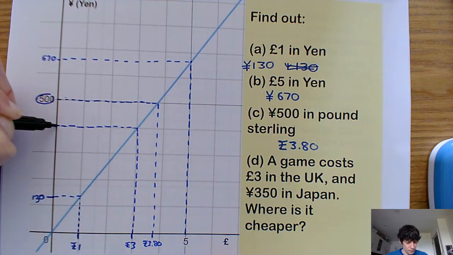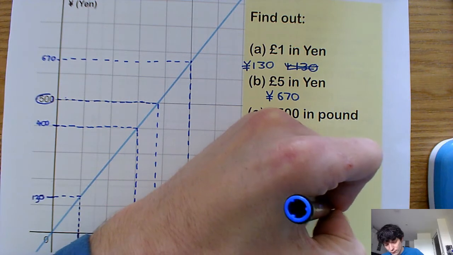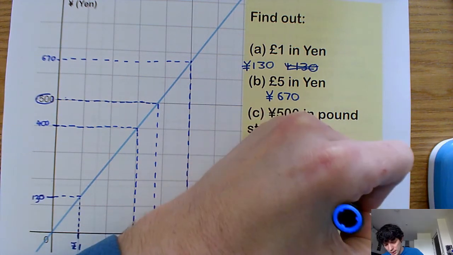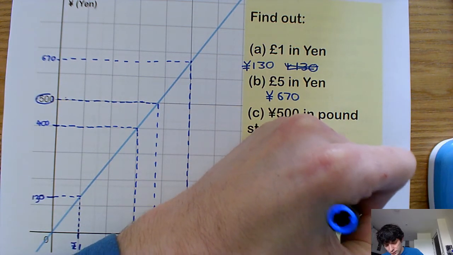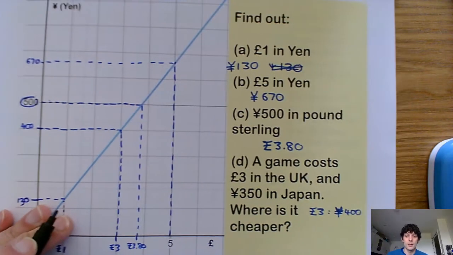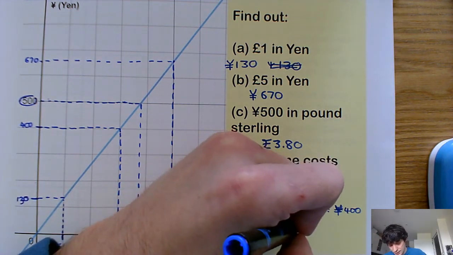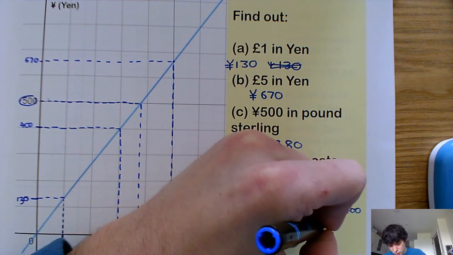And that meets more or less exactly on that line, which is 100, 200, 300, 400 yen. So £3 is equivalent to 400 yen. Okay, and that's actually all I need to do, because I can see, well, if £3 is 400 yen and it's 350 yen in Japan, it is cheaper